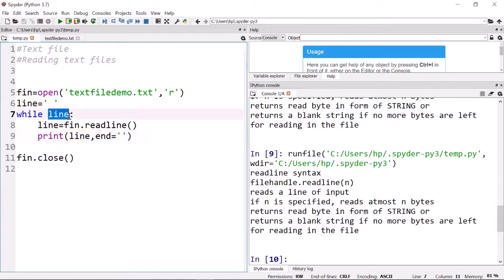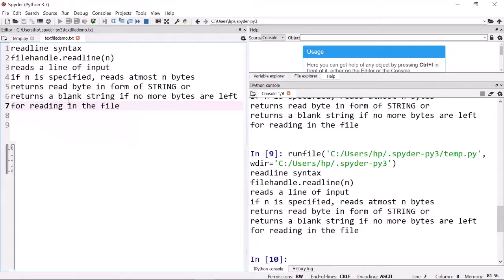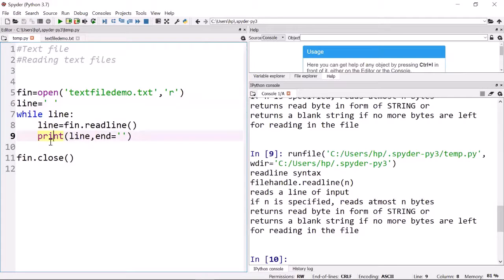The variable line is checked for the condition, and yes, it is having something. When at the last it will read, what will it have? It will have a blank string. So it's false, and the loop comes to an end. This is one way of reading the entire file. Another, more efficient method to read one line and display it is using a for loop.